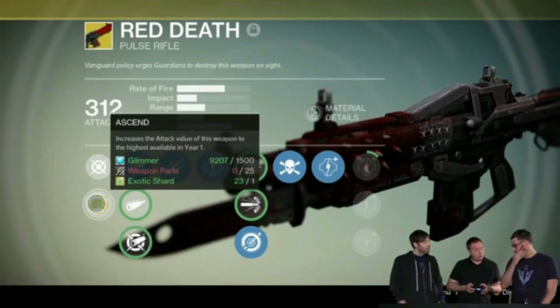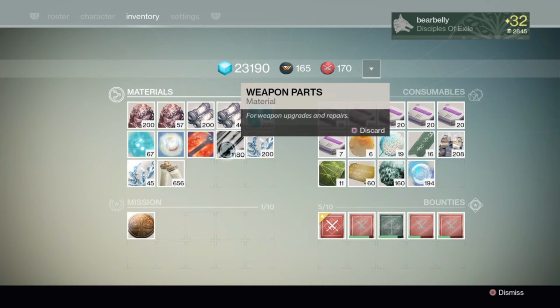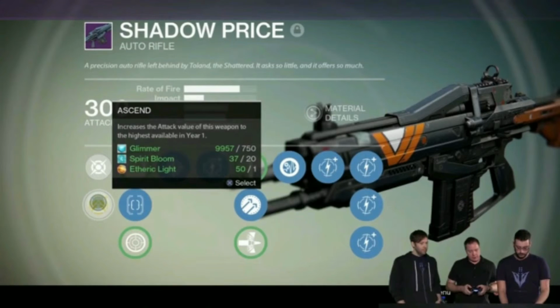Okay, so now we move on to upgrading exotics. The main thing for this is going to be exotic shards, so if there's any way for you to stock up on them, I suggest you do that. And make sure you stock up on your weapon parts, because they're going to be a really crucial part in upgrading your exotic weapons. This leads me to upgrading your legendary weapons also, and for this you're going to need